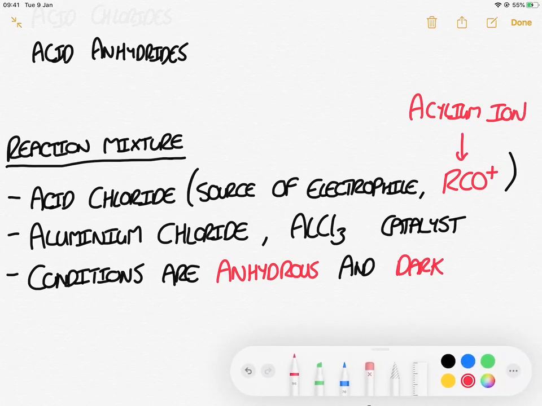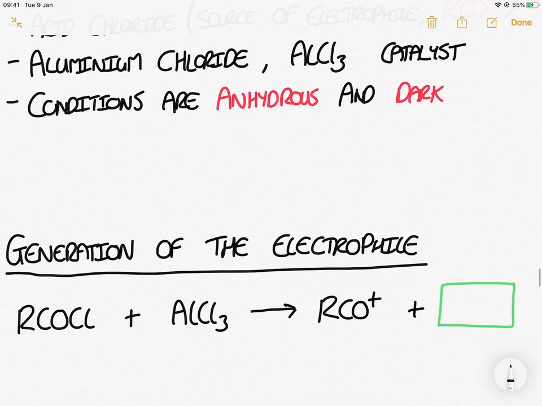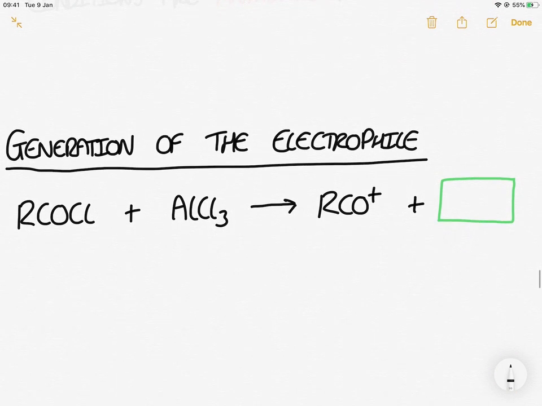That's going to be mixed with an aluminium chloride catalyst, and that needs to be kept away from water, so the conditions are anhydrous, and the conditions are also going to be dark. So then, we need an equation to show generation of the electrophile again. We've got any acid chloride being mixed with aluminium chloride, and we're making an acylium ion, so you need to